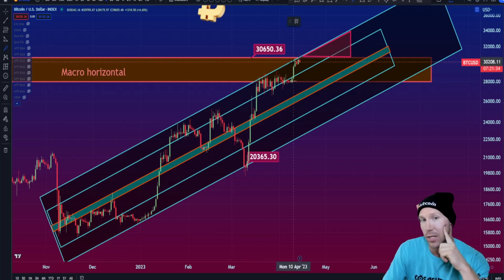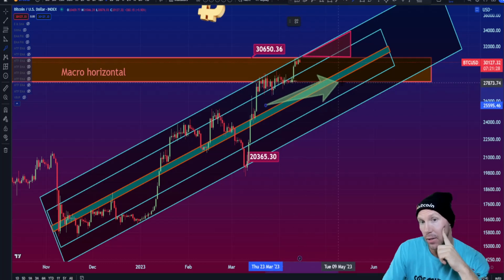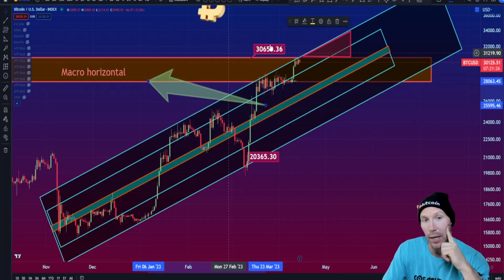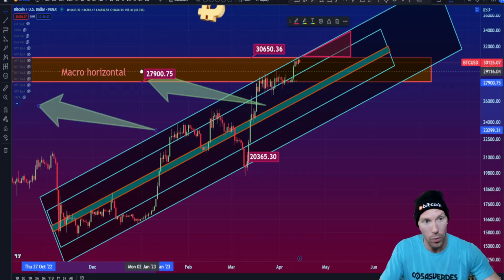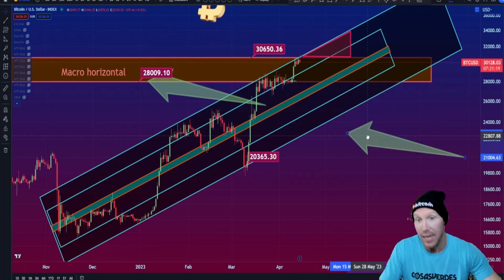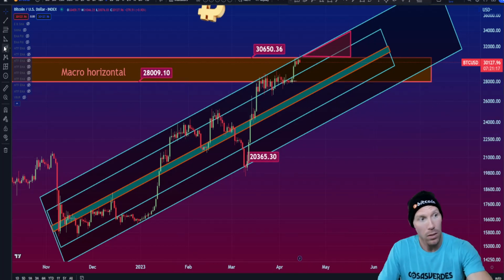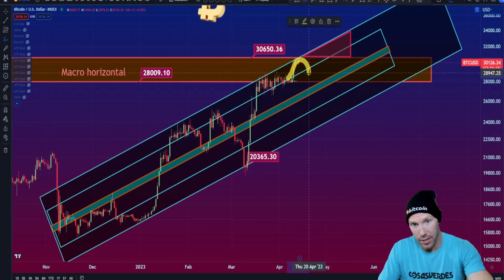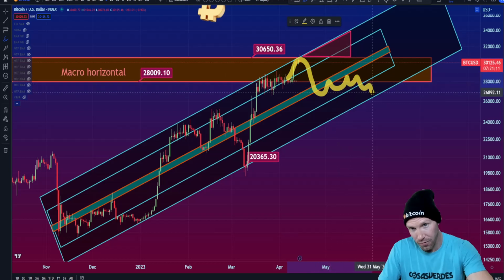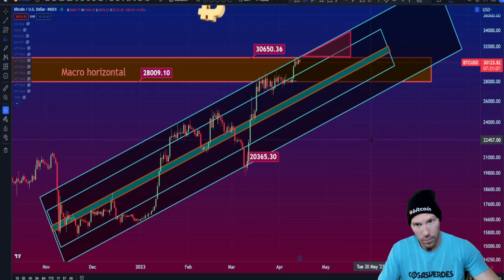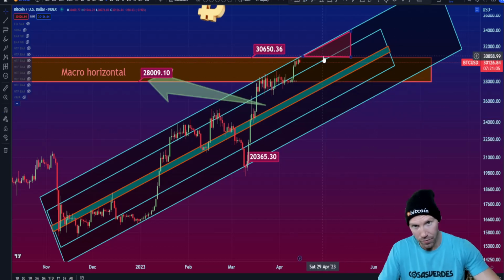Oh, the third option is it breaks down from here and goes under this line rather quickly, as opposed to June something. So it breaks 28K and does not get back above. So that's my third idea, that it gets stuck below here, then uses these both as resistance, flirts with it, and then gets stuck in this triangle right here. So kind of like the inverse of this thing.